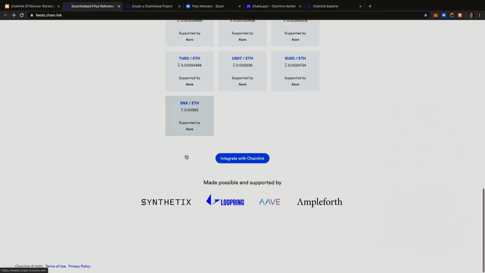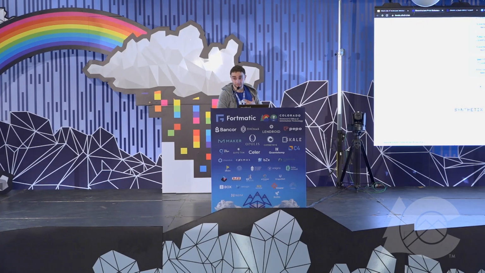If you have any interest in a reference contract like this one for your dApp, if you need, for instance, the price of gold, the price of silver, or anything else, we'll be more than happy to talk to you and to support you in setting up a network like this. We've been doing this with these 4 applications. With Aave, we went live with more than 15 contracts which they needed.